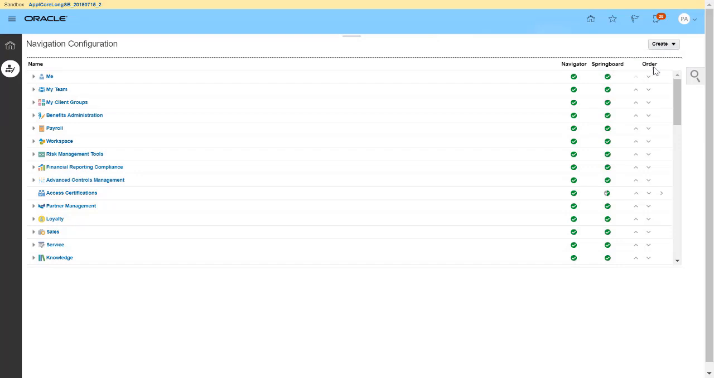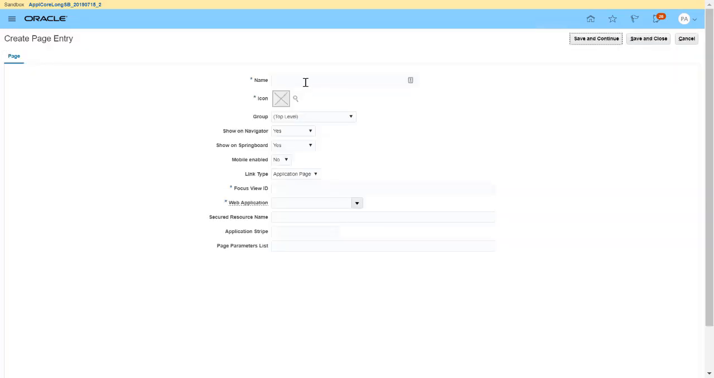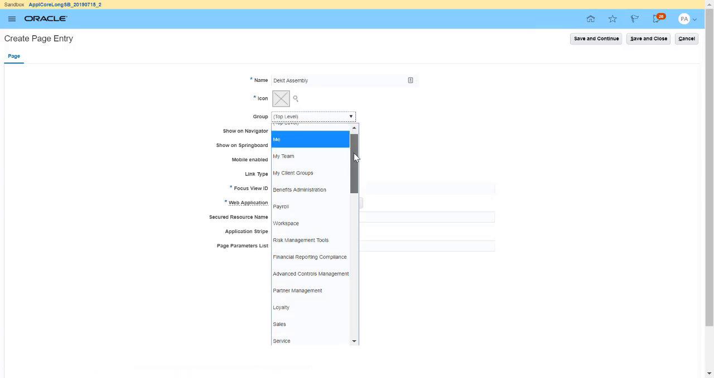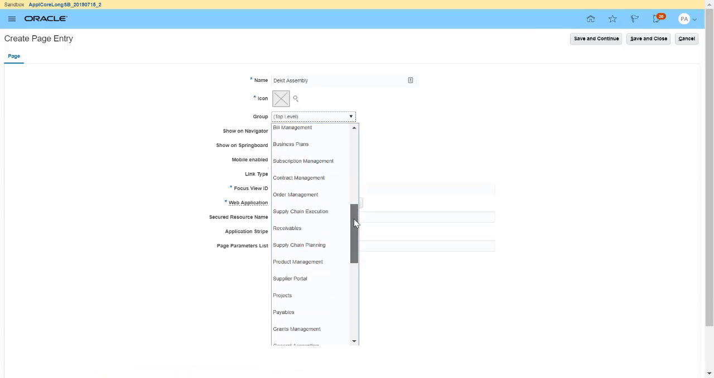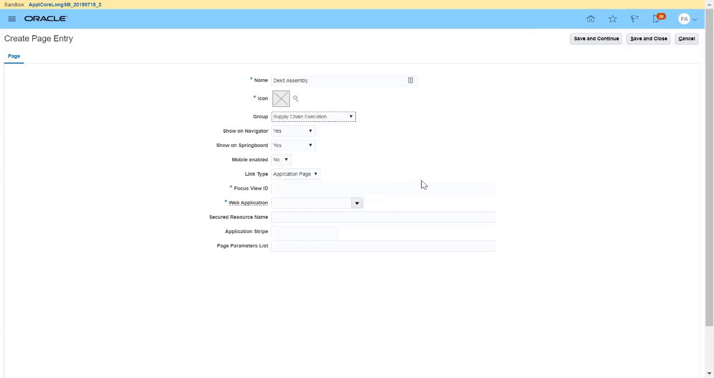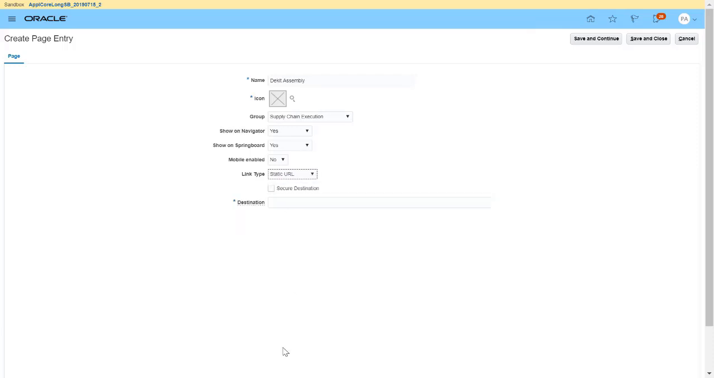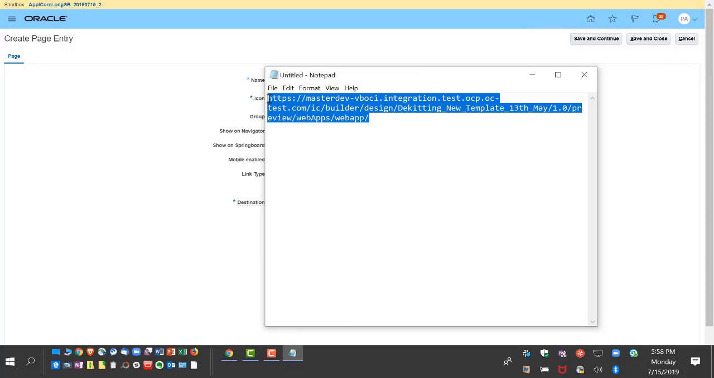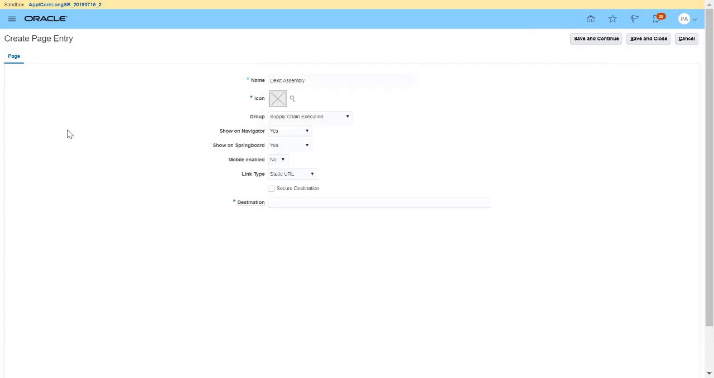Let's create a new entry. Now let's say you want to call this application Dekitting and Assembly, Dekit Assembly. Okay, and leave all the other drop-downs as selected. Choose where in the navigator you want it. We are now going to put it under the Supply Chain Execution link, and we are going to create a static URL. Now just copy and paste the link that you copied from the web app